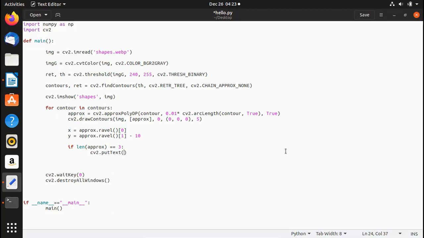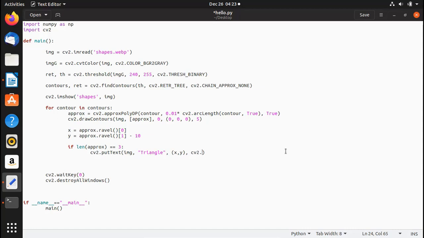Okay, so when it identifies that, the first argument is the image. It is the image on which we are going to write, and then we write this text, which is essentially "triangle". All right, and here we're going to have the arguments, which it would sort of identify automatically. We write here x comma y. Okay, and then we write a comma, and here we write cv2